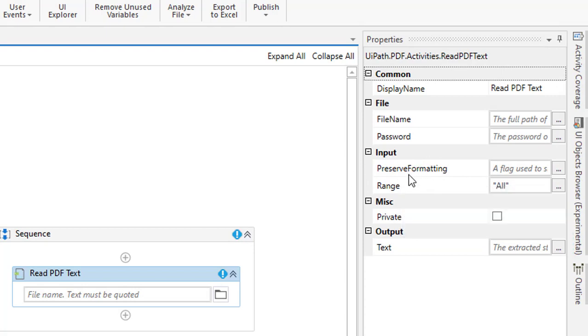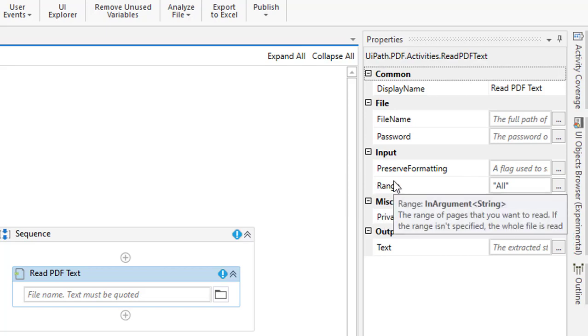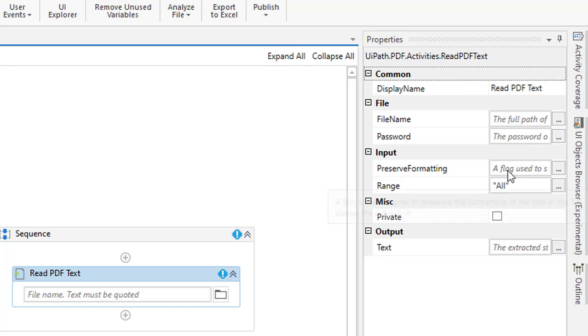This input converts the text in a formatted way. It is true or false, so it takes a boolean. For the range, a PDF can have pages from 1 to n. If you want to read all the pages, you give the range as All, or you can specify the range of pages you want to read.